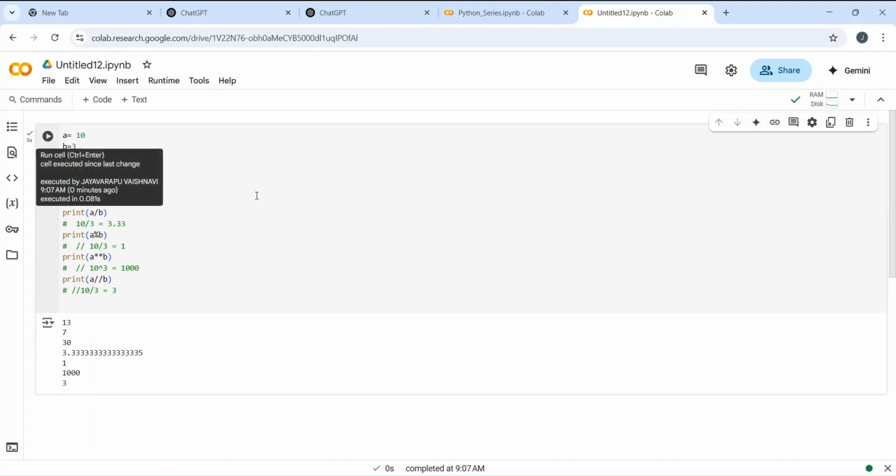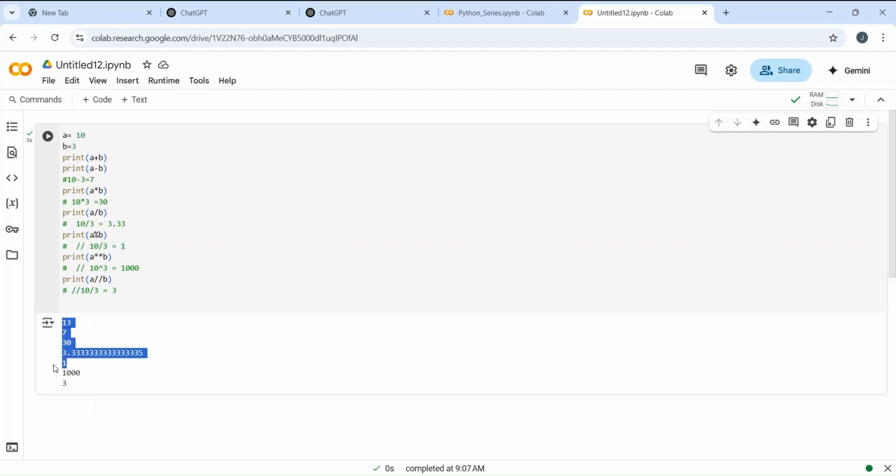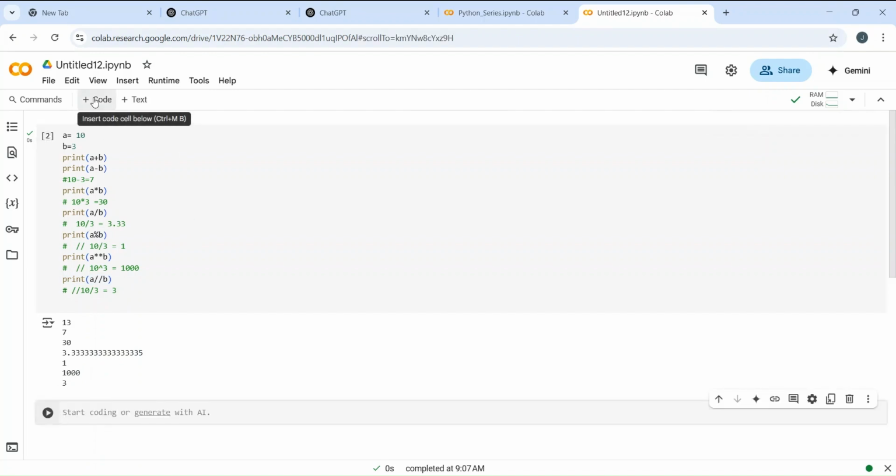See, comments help you a lot. At the same time, you have to see the syntax also. And let's see. We were adding up two numbers, that was giving 13 for us. Yes, 7 is also matching with 7. A into B is 30, matching with 30. And A by B, that is division we are doing, that's 3.33. It's matching with this 3.33. And next, which I told, the remainder, it will give it as 1. Yes, it is giving it as 1. And if you see, there is 1000 also, because that is a exponent b, that is a power b. And the last one is we did the floor division, so that is providing the answer as 3. So yeah, this is how arithmetic operators work.